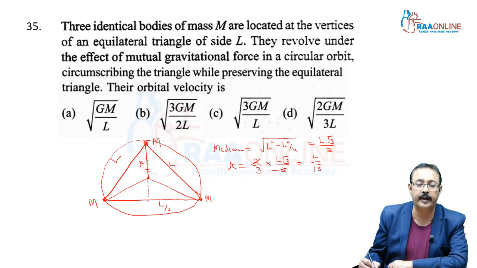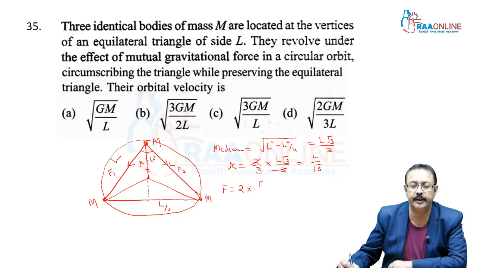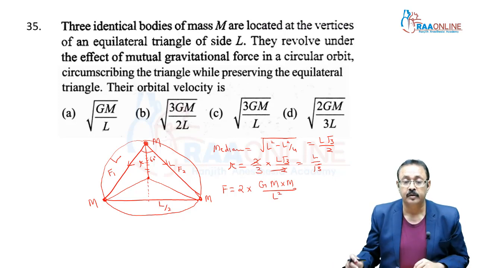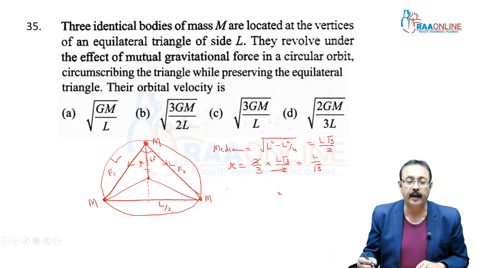Which force will provide this centripetal force? Gravitational attraction. Now two forces are there. One is acting in this direction, I am denoting it by F1. And it is F2. Both are equal, and the angle between them is 60 degrees. So the net force which is providing the centripetal force is 2 into 1 force, G M1 M2 by L square. So we have to take the resultant of these two forces, and the angle between these two is